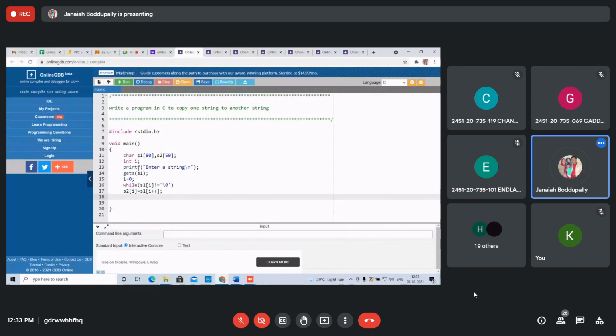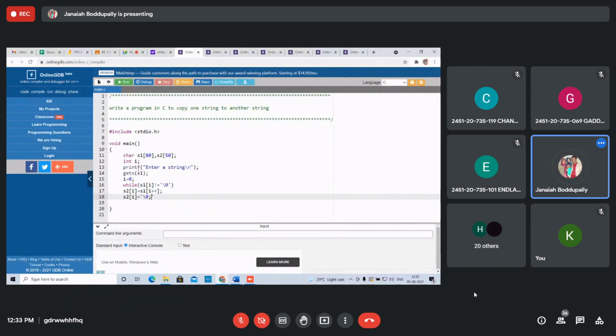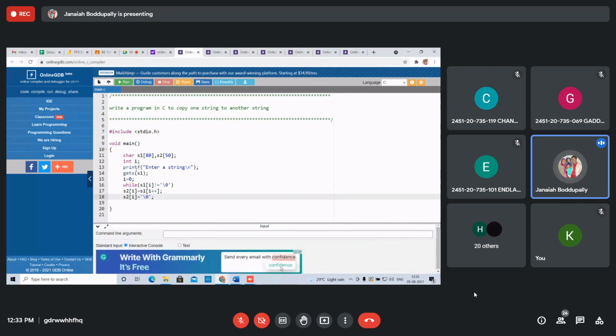Now we are incrementing I also in that one. s2 of I equals null character. Sorry, equals null character. Stop the process. Right? Whenever s2 of I becomes null character, stop the processing and printf whatever is copied into s2.